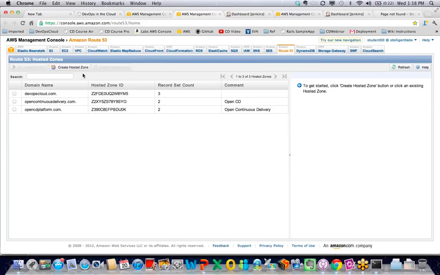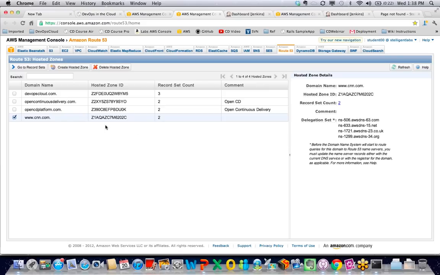Okay, so let's look at Route 53 now. In Route 53, I can create what's known as a hosted zone.